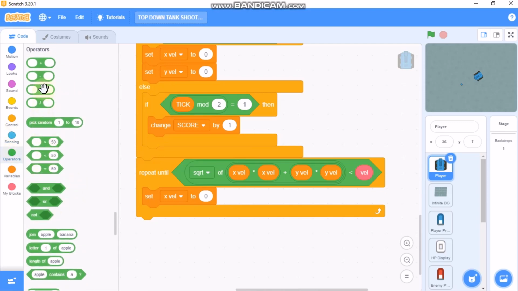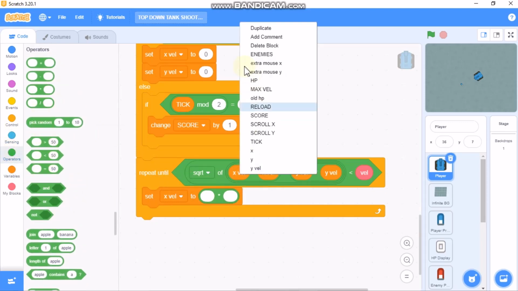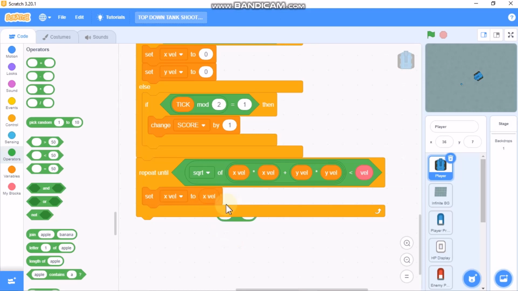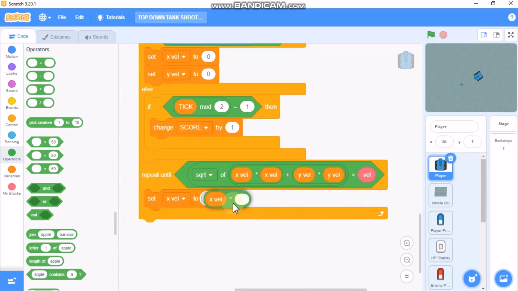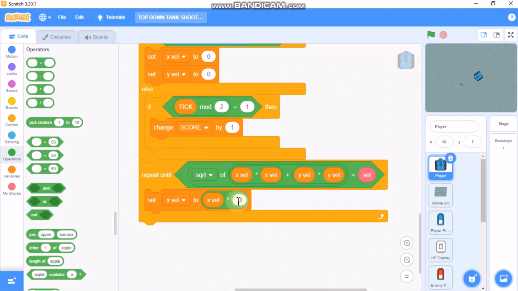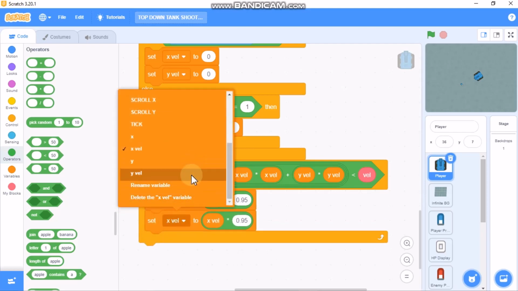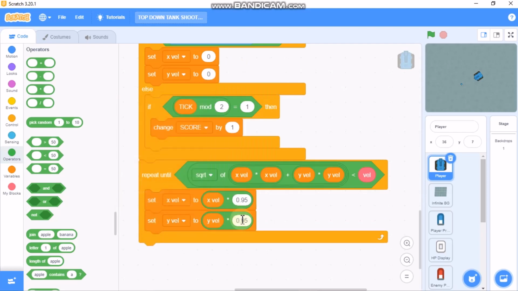to xvel times .95. So duplicate this, change this to yvel and yvel, and then